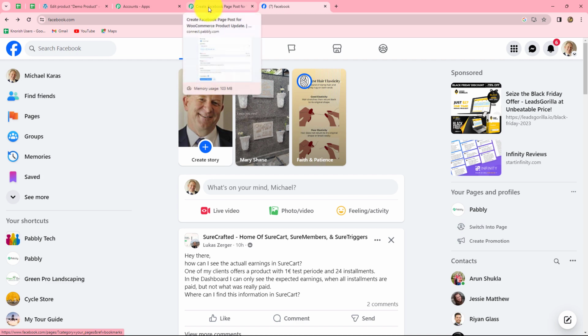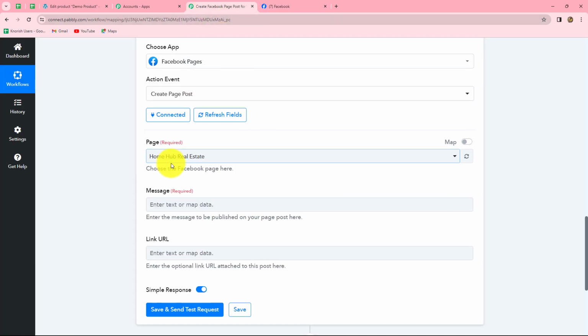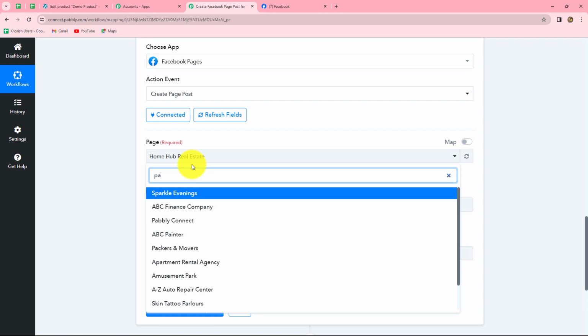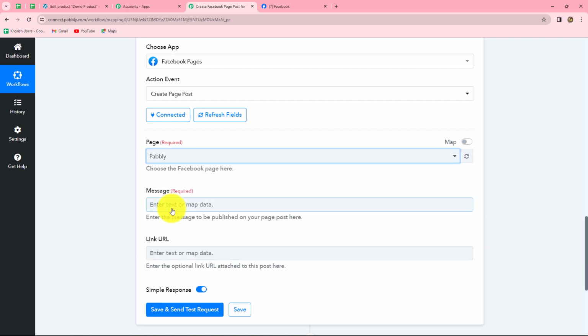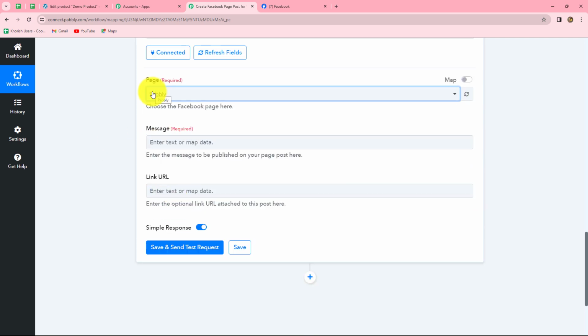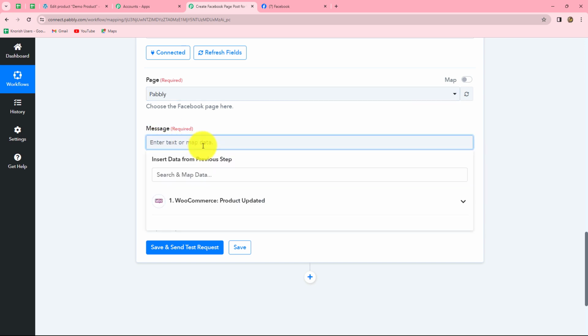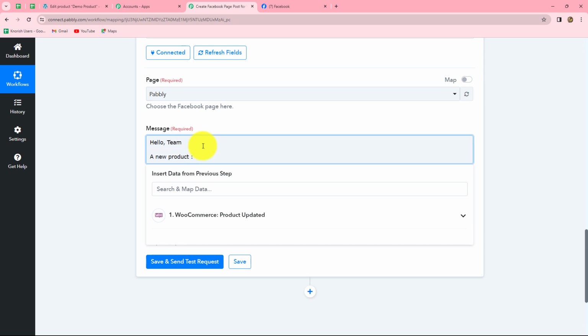For that, we will have to select the same page here in Pabbly Connect also. So from the drop down, I'm going to search for Pabbly, my Facebook page. After selecting the page, next it is asking us for the message. Here in this field, we have to enter the message which we want to share in the form of a Facebook post. Okay, so in the message, let's say I write: Hello team, a new product